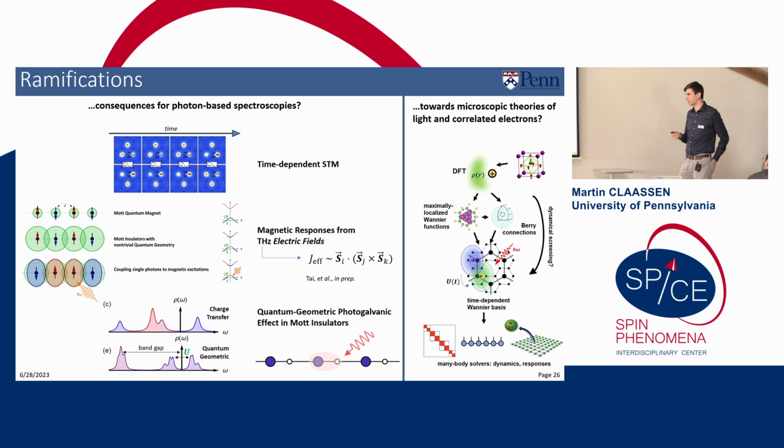So just as a final and maybe more ambitious slide, we can ask what the ramifications are for microscopic modeling of light-matter interactions. Indeed, one thing that we'd like to do, but it's a more ambitious prequel, is to try to extract quantum geometric ingredients directly from ab initio calculations, to characterize correlated electron problems coupled to light directly from microscopic considerations and the crystal structure, and then combine with large-scale many-body solvers to get a more precise understanding of correlated electron responses at low energies.